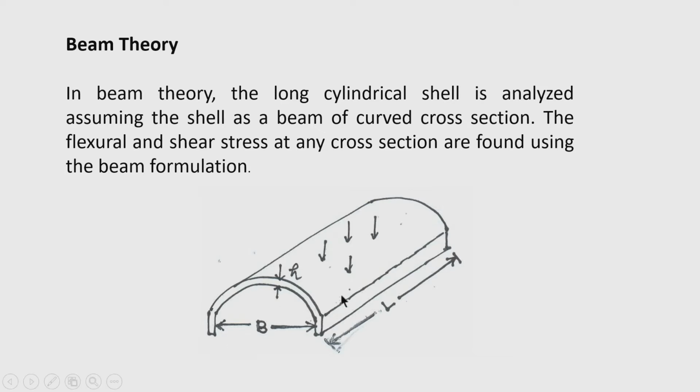So, if it is a simply supported shell, then the maximum bending moment will occur at the mid span, and if it is supported at the transverse, these transverses are located here, then the maximum shear force will be generated here. So, we can find the maximum bending stress and maximum shear stress, based on which the thickness of the shell and the reinforcement can be calculated if it is used as an RCC roof shell.